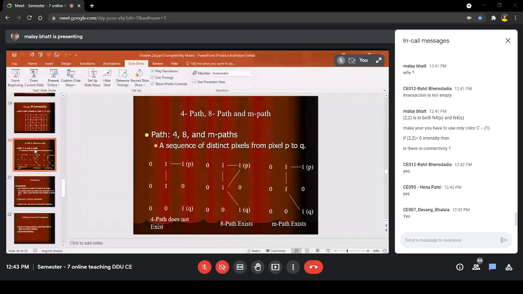You have to check for two pixels, a group of 2. If there is M connectivity between the 2 points and you can reach from P to Q, it is an M path between the 2 pixels.